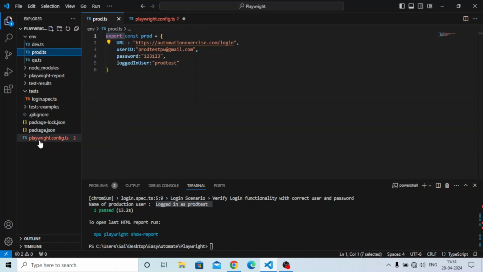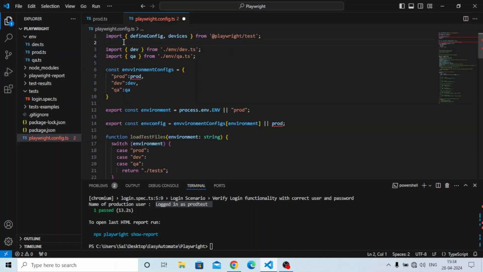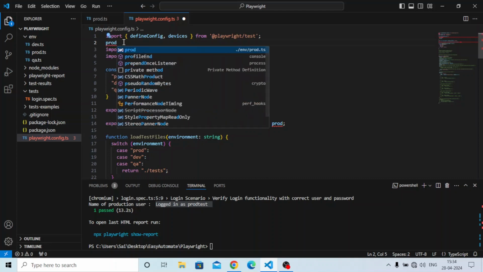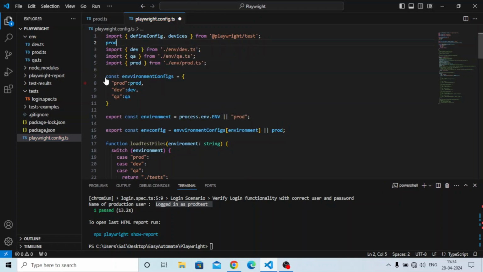Let's import here. How to import? You have exported the prod file. Just write prod. There is an automatic suggestion. Can you see prod? Where is this prod? This is in .env.prod. Just hit enter. So where is that? See, can you see here? It gets